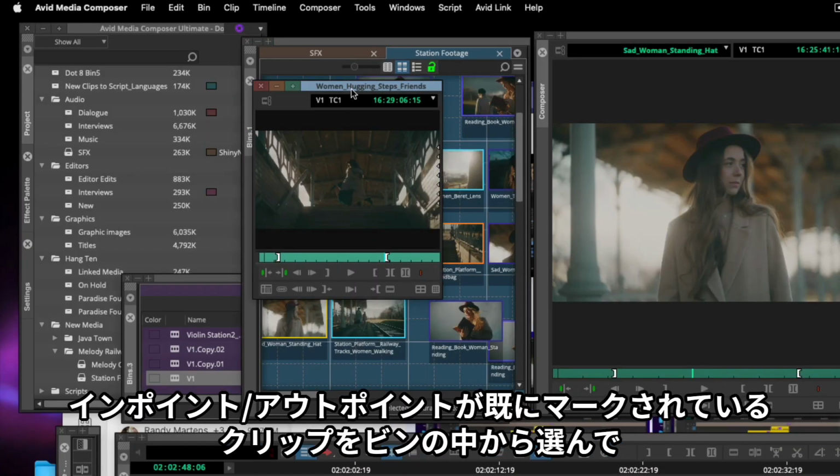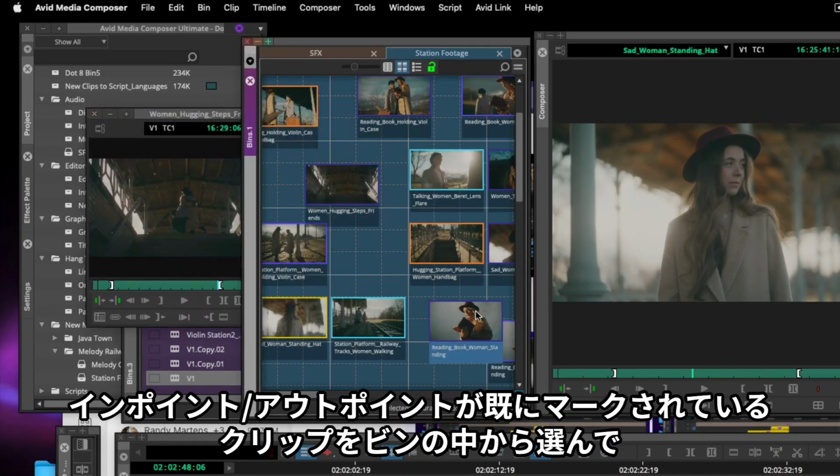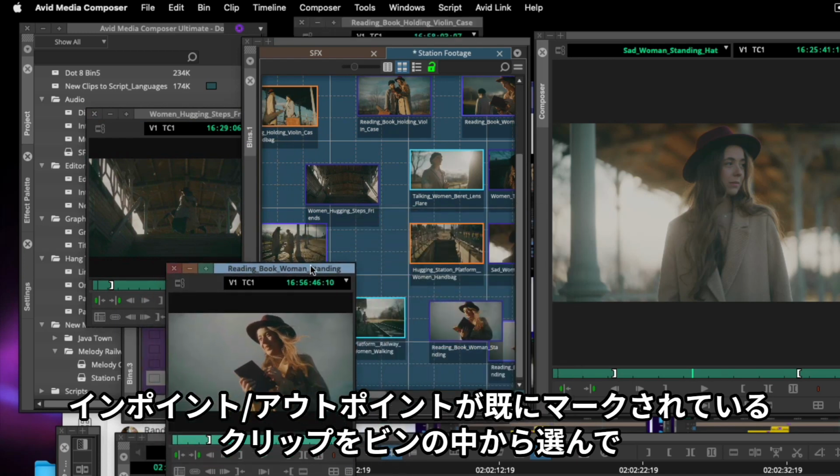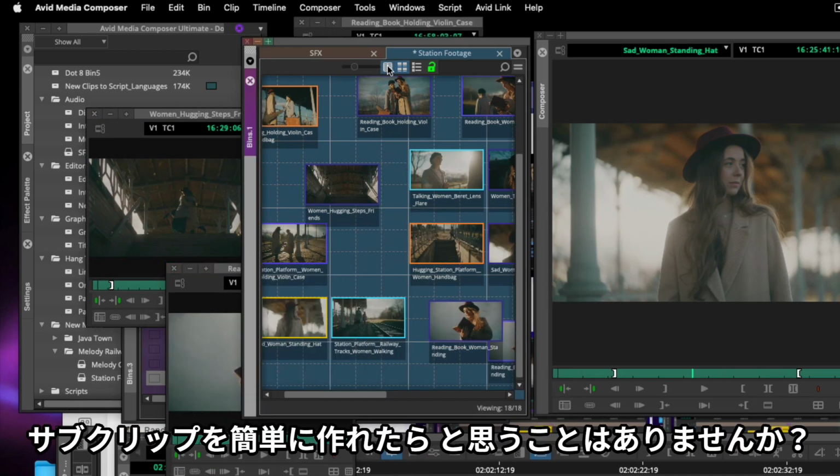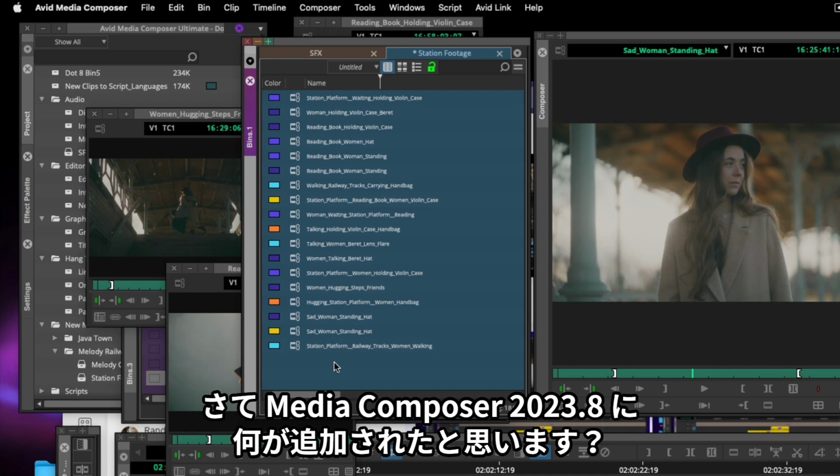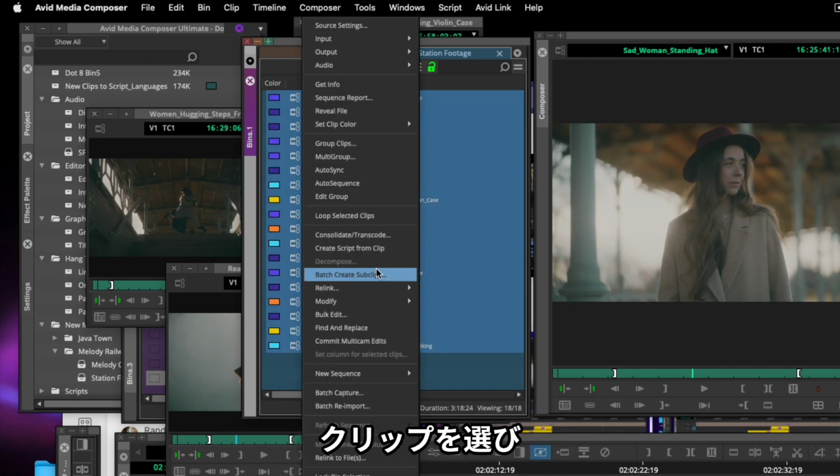Have you ever wished that you could select a range of clips in your bin that have in and out marks already set and create subclips with ease over all of them? Well, guess what's been added to Media Composer 2023.8? Select your clips,